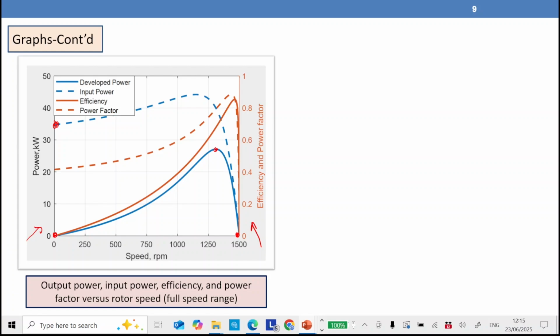So the energy consumed is very low. As the power is increasing, we are going to have the efficiency curve and the power factor curve. Look here, this point will be the starting point. We have a very low power factor at starting, and if we look for the stable region, we need to